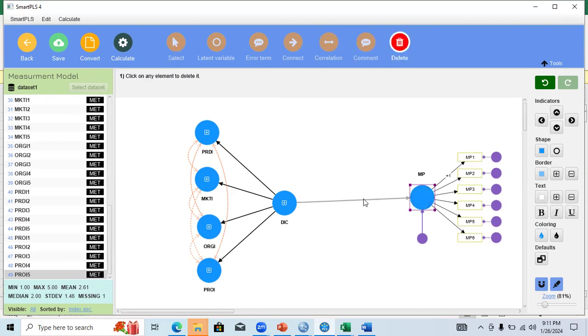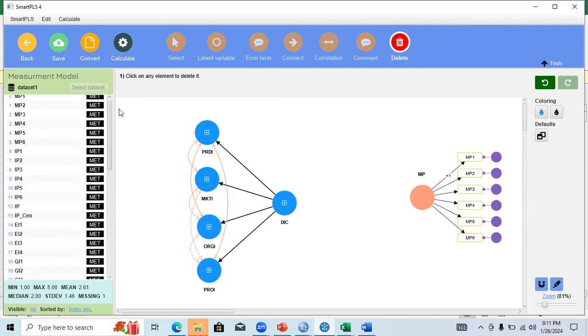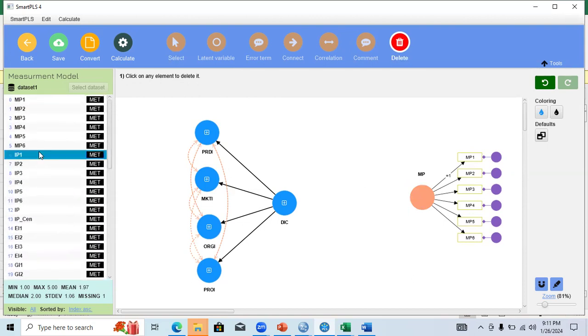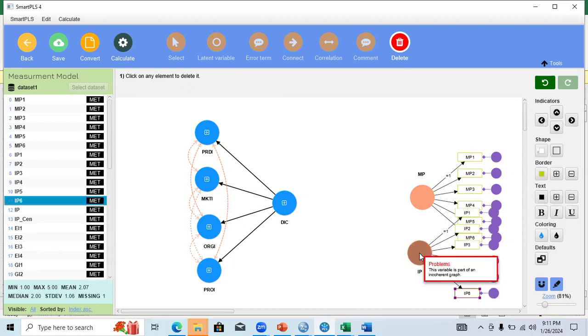I can include here my second dependent, which is IP1 to IP6 over here, just like this.